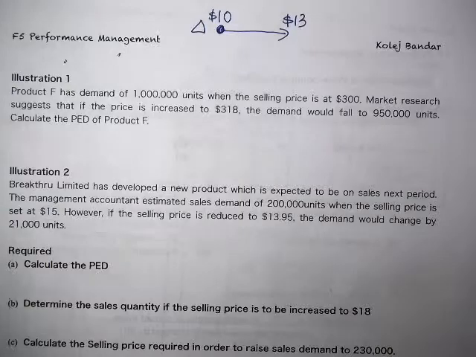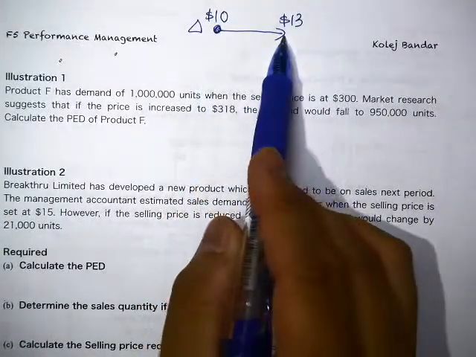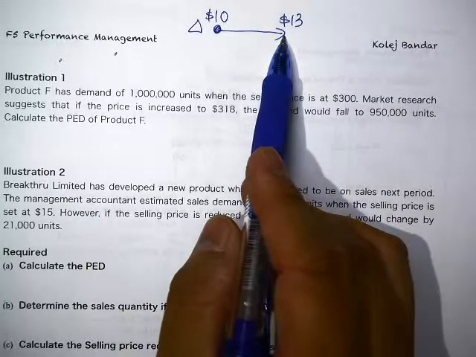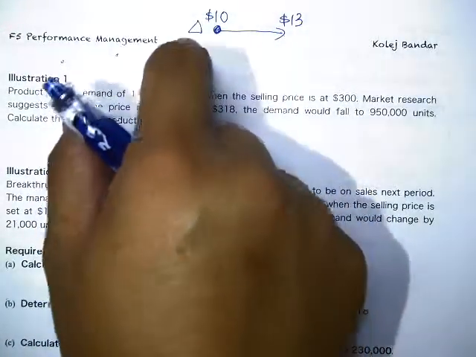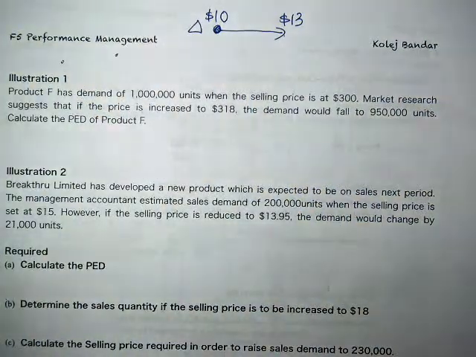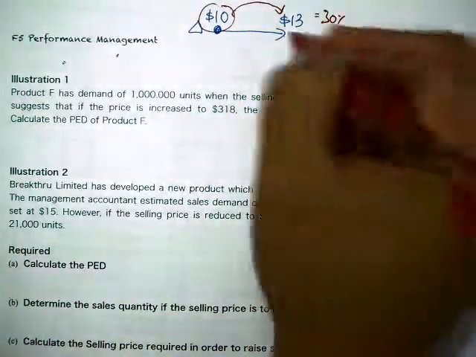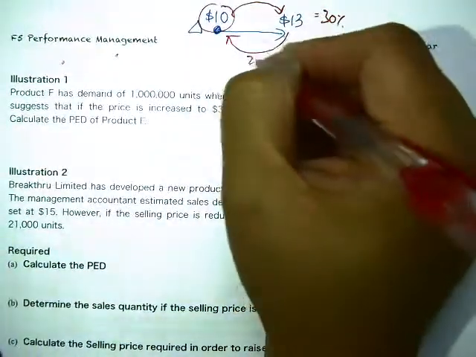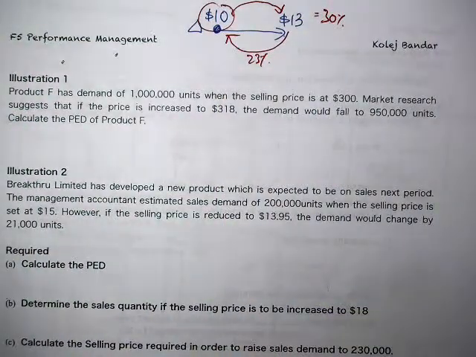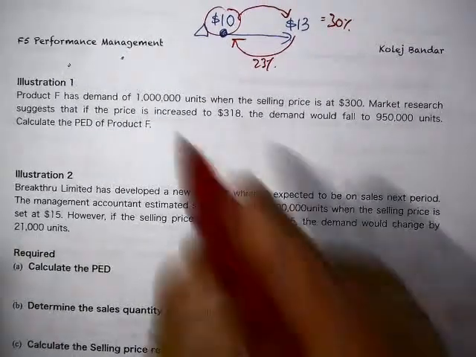But because we measure in percentage, it's different, you know. 10 to 13 is a 30% increase. But 13 to 10 is not 30%, because 13 to 10 is 23%. That's why you are looking at the percentage. That's why you must know from where to where. From here to here is 30%. But from here to here is 23%. So where is the point that you measure? So that's why in the question now they tell you,